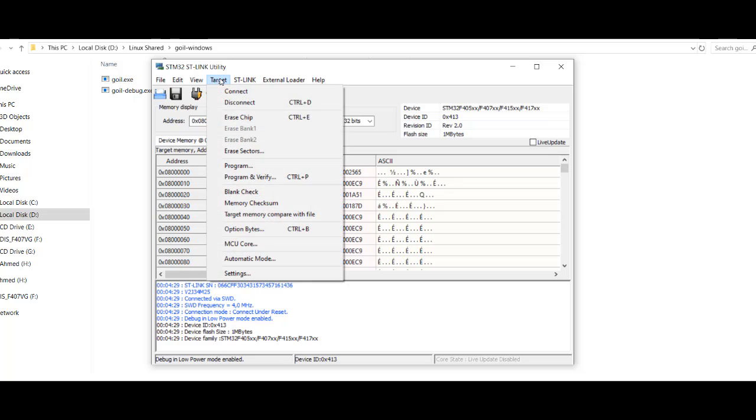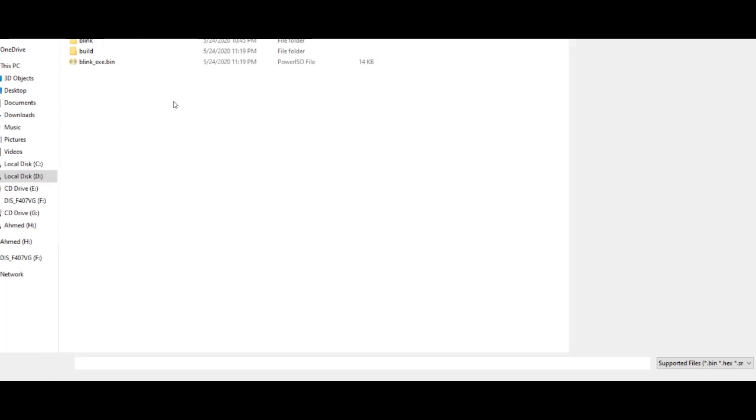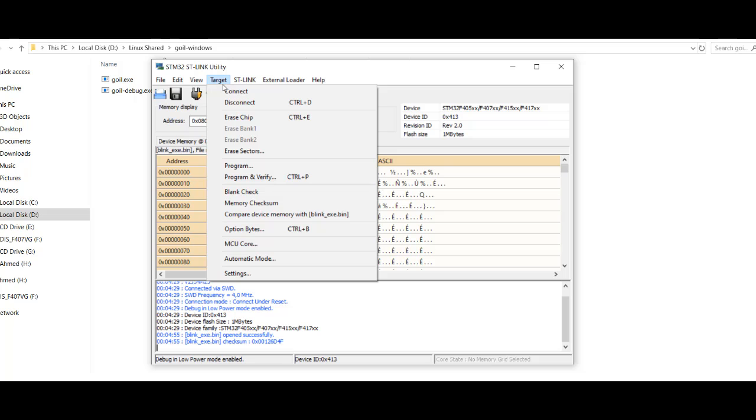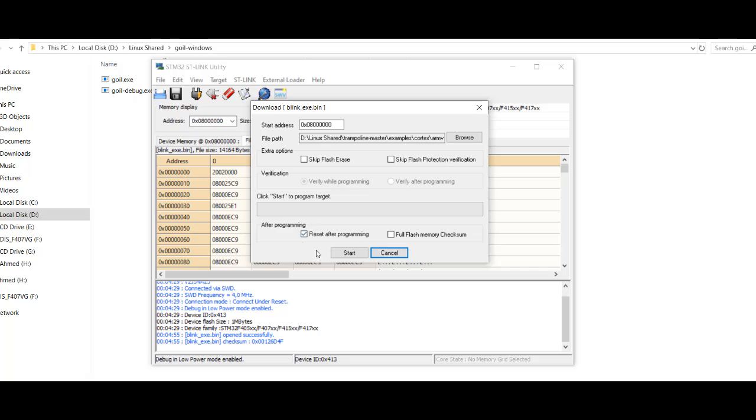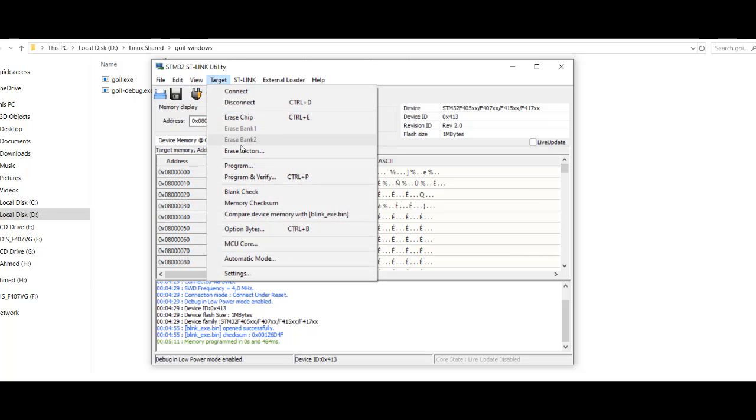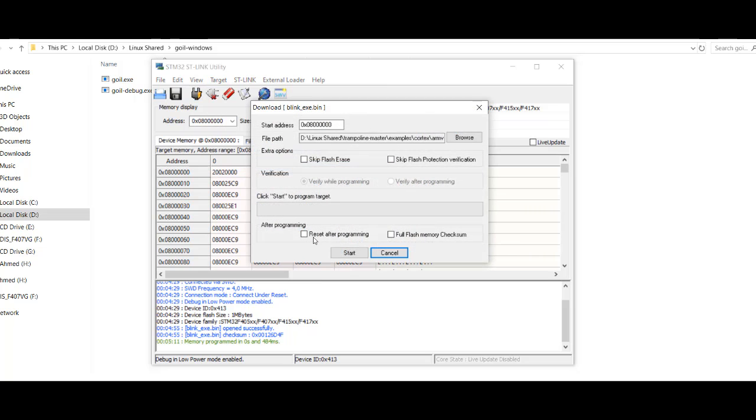And after that, you can click target and program, okay? So we will do here example.bin, which is our program. We need to flash it, so we will click target and program. Here you have a check box, reset after programming. If you uncheck this, then after programming starts, you will need to click the restart button on your board, or you can do it automatically after